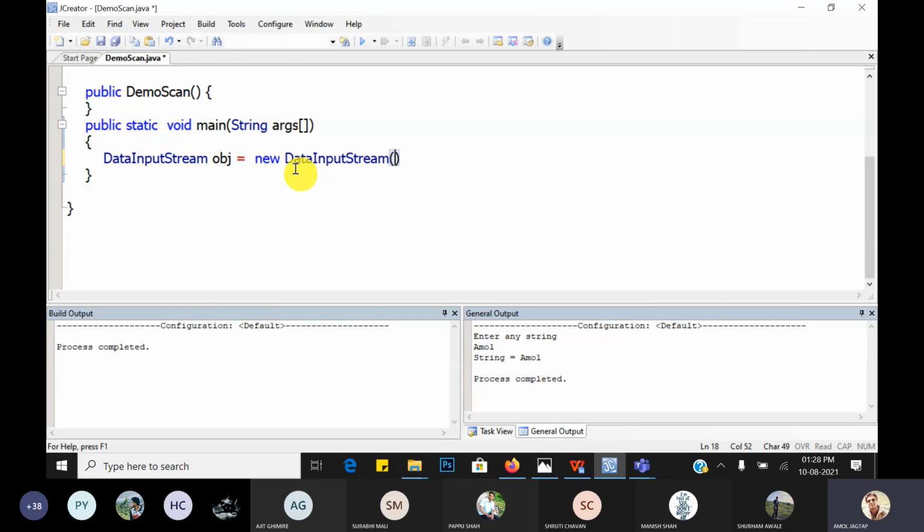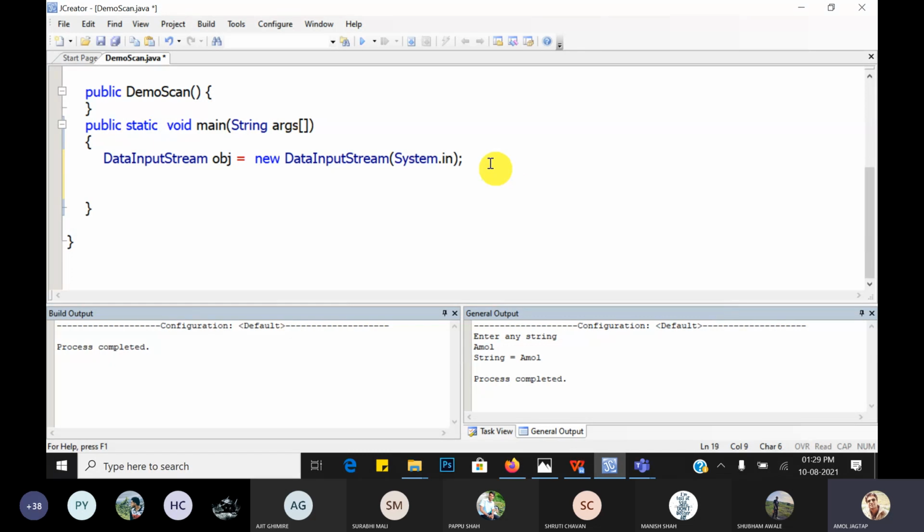Here you also have to pass the name of the input stream, from where you have to scan the value. So this is System.in, the standard input stream.